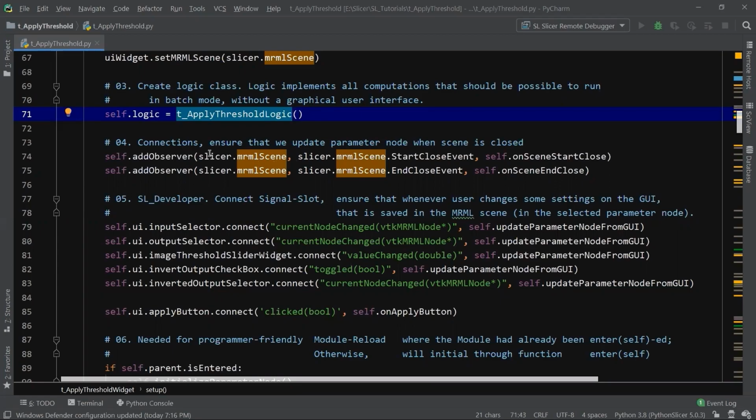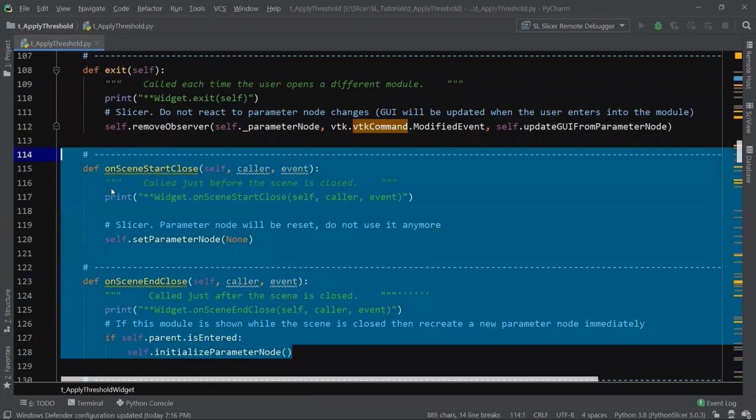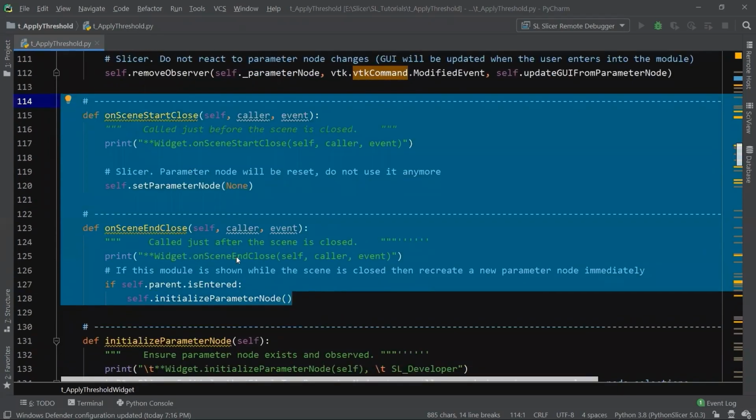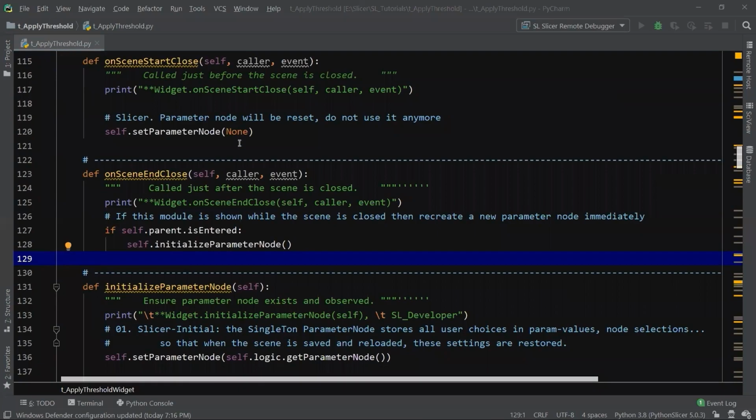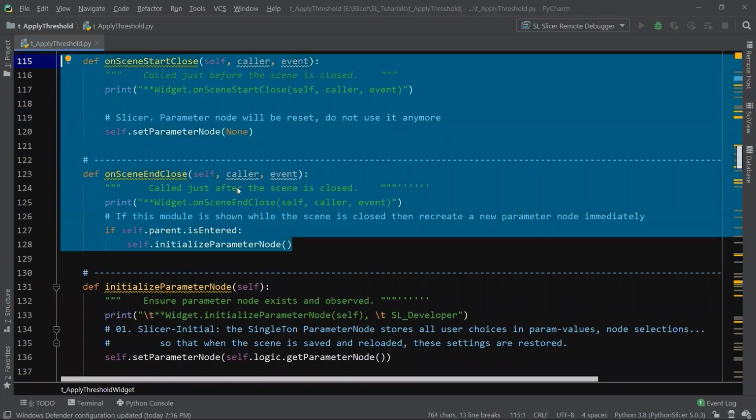Let's take a look at Step 4, the attachment of observers. We can navigate to the function onSceneStartClose to see what it does. The two slot functions, onSceneStartClose and onSceneEndClose, are actually paired. Let's go a little downward. We can find that both slot functions are called in setParameterNode.